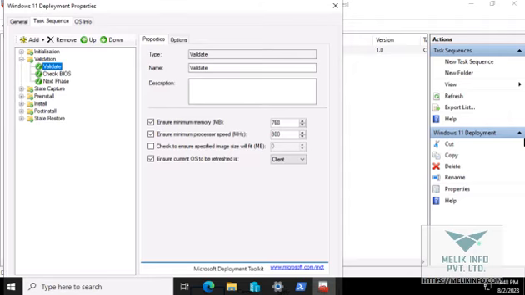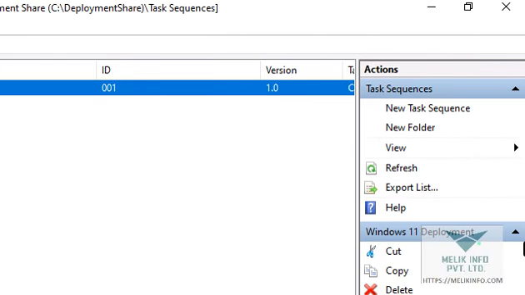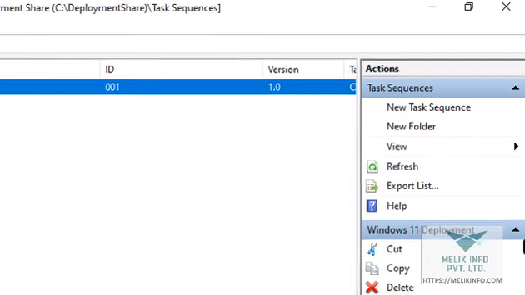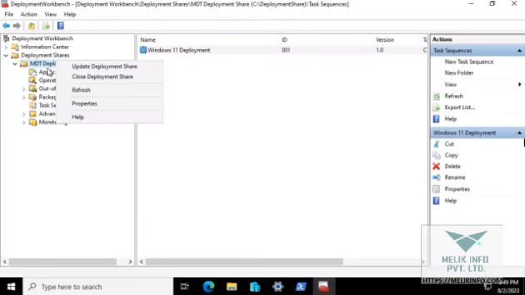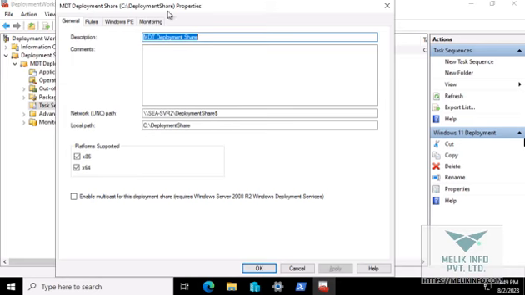Now close this window. Now we need to deploy or update our deployments here. So right click here, deployments here, go to the property. So we are on deployments here property, and here you see this general page,